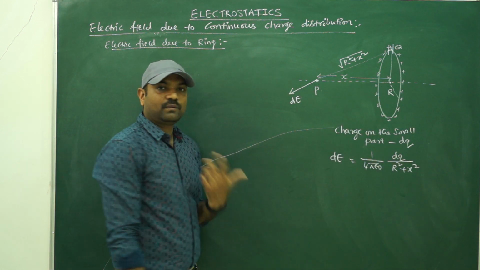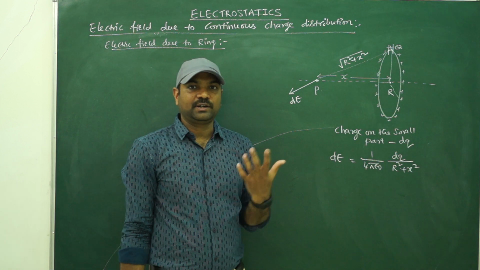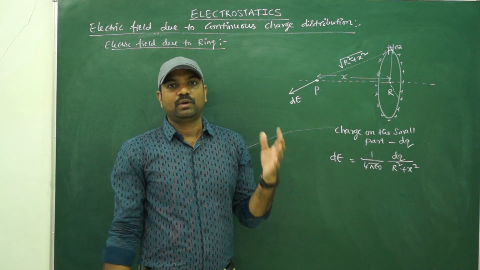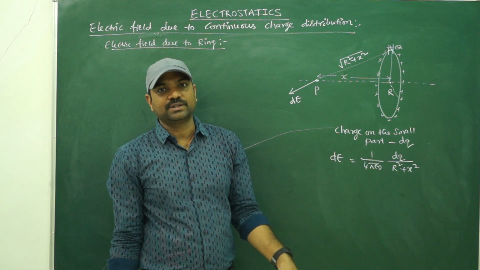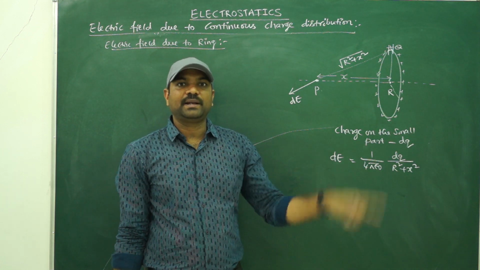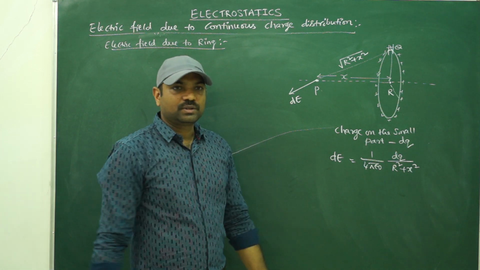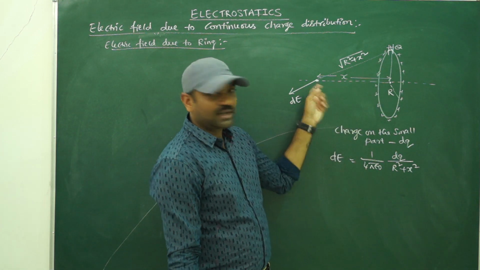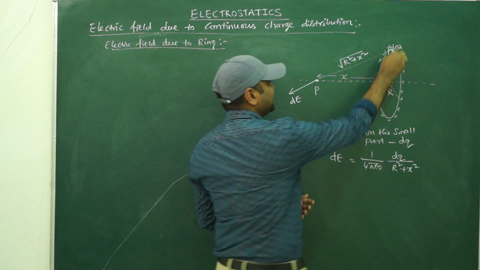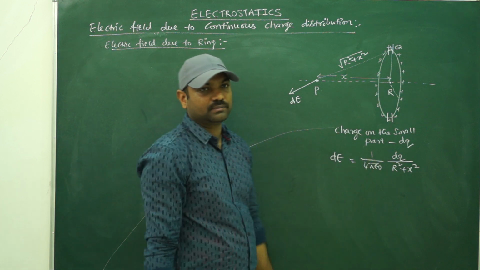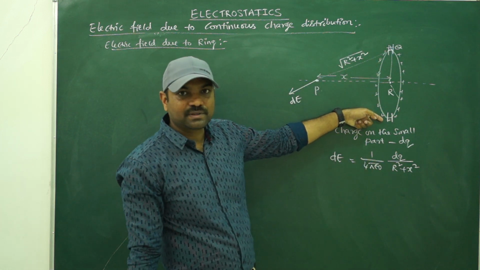Now, to find the net field, as I told you, don't directly integrate dE. You have to check the dE directions. You have to take the remaining parts of the object and find the direction of the electric field. Here you can understand that different parts will have different directions. That's why I am taking the symmetrical opposite part. As I have taken the topmost point, now I am taking the bottommost point, with exactly the same dimensions of the small part.